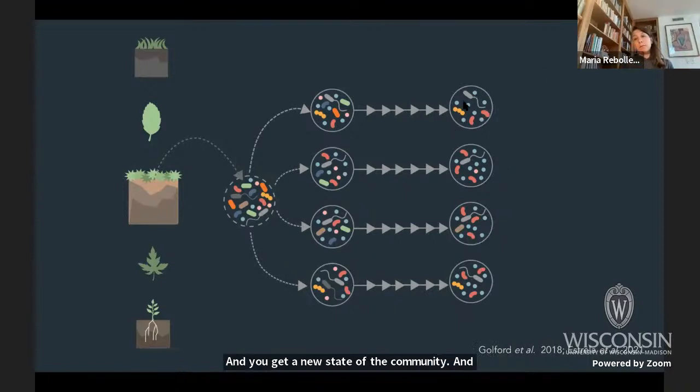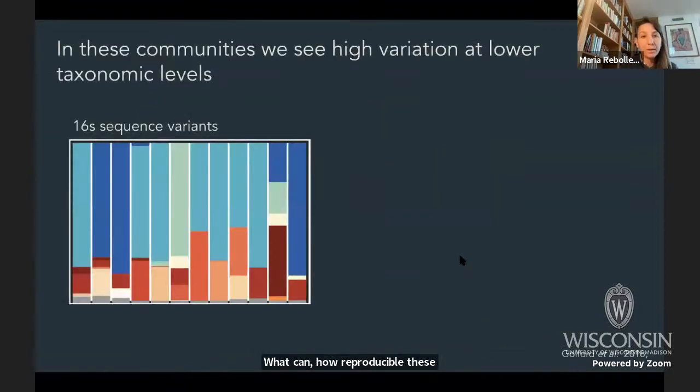And so then we can do this many, many times and in different environments and ask how the environment is shaping the communities, how reproducible this assembly is, how predictable in some way. And so when we do this multiple times,